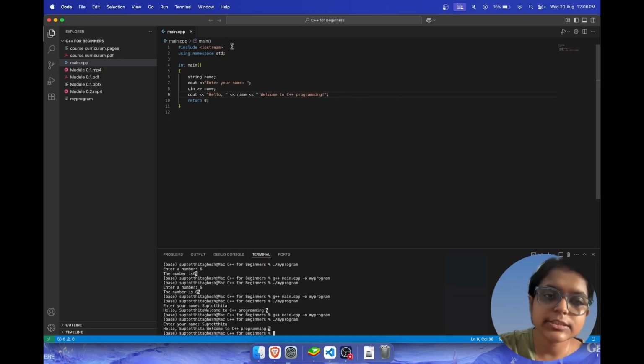So these are just the declarations. This is including cin and cout in your program. This is letting you use cin and cout without using std with it. And here you can make changes to do anything else. Like here you can do many things like combining two numbers, finding the maximum of two numbers, or anything you want. Okay. So yeah, this is how we are using indentation and white spaces.